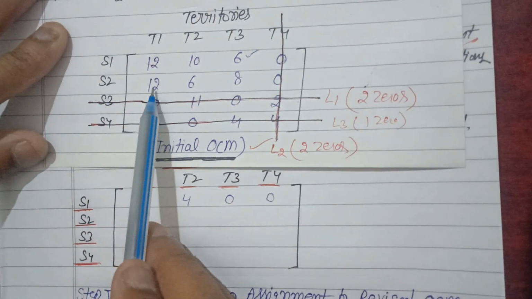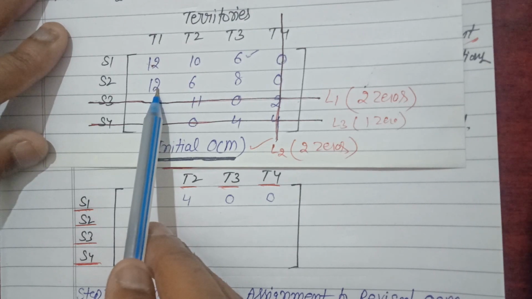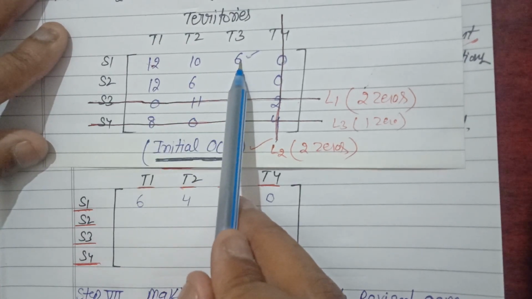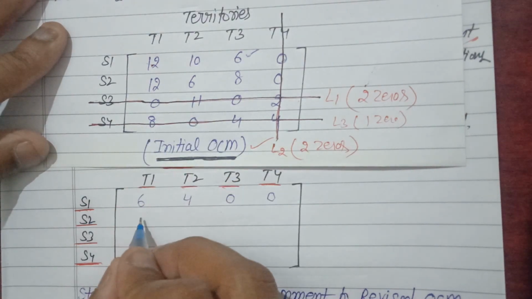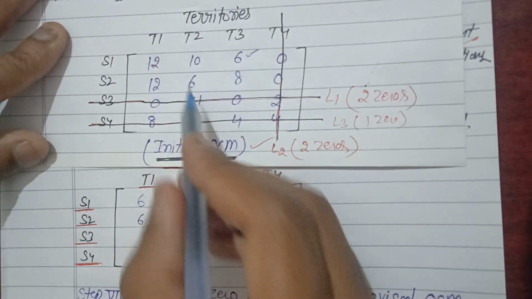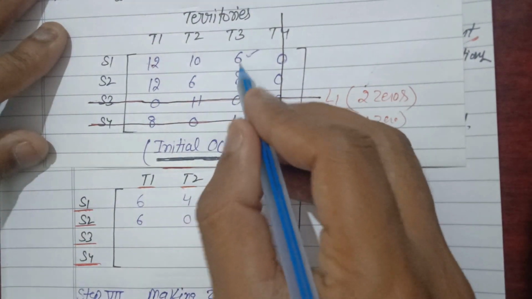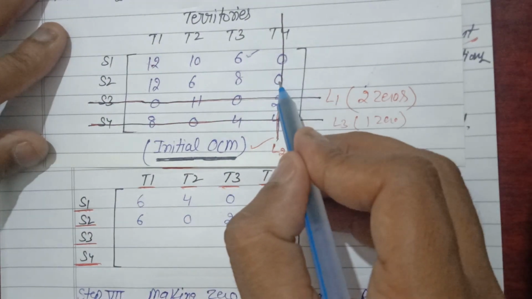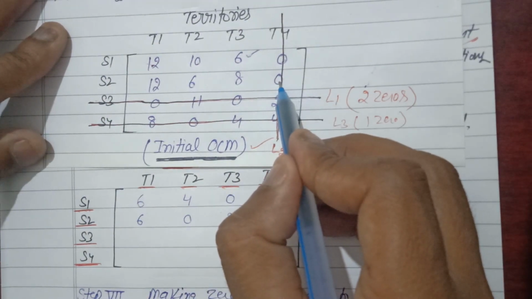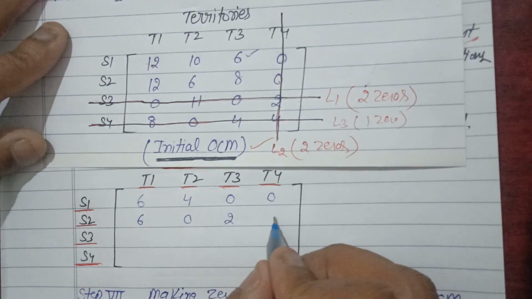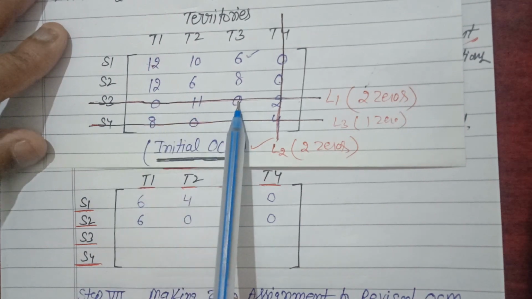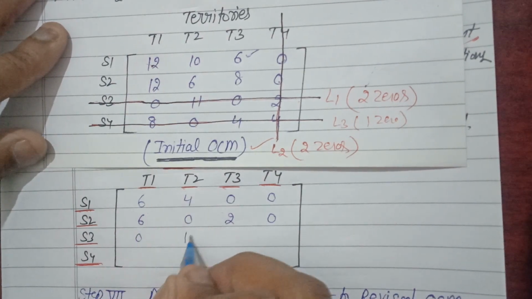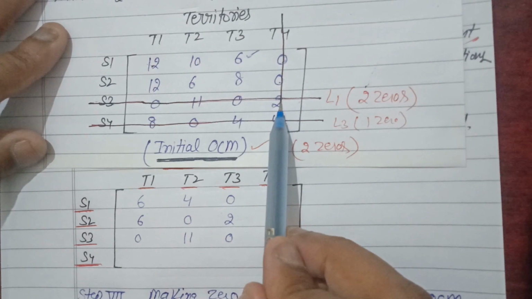Now moving to row 2, you will see that 12 is an uncovered element, and we have to subtract this 6 to generate the second row of the revised opportunity cost matrix. After subtracting 6 from 12, we have 6, then 6 minus 6 is 0, then 6 minus 8 is 2. Again this 0 is a covered element but not on an intersection, so there is no change in this value, and we write it as it is. Now in S3 you will see that all 3 are covered elements but not on an intersection, so we write them as they are: 0, 11, 0. Then we have reached this element.